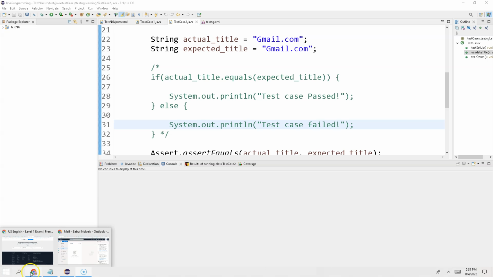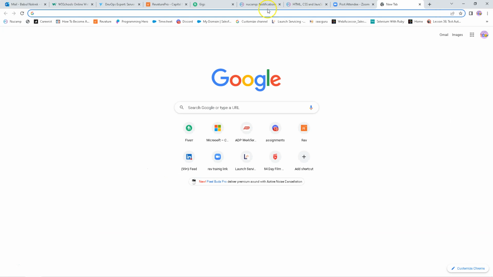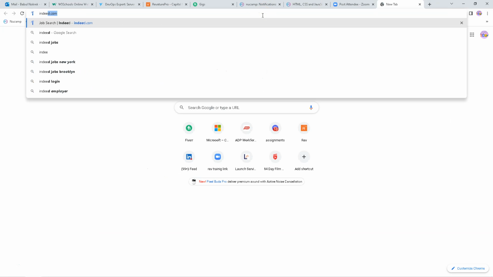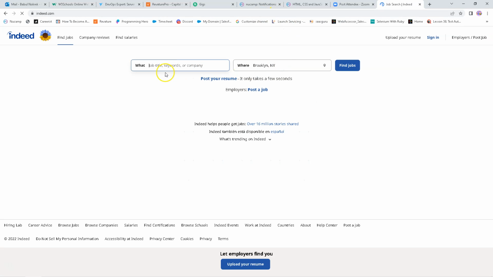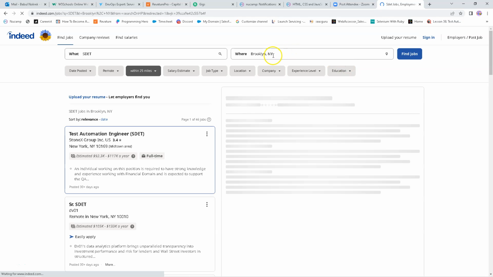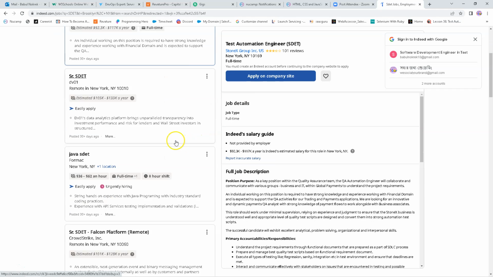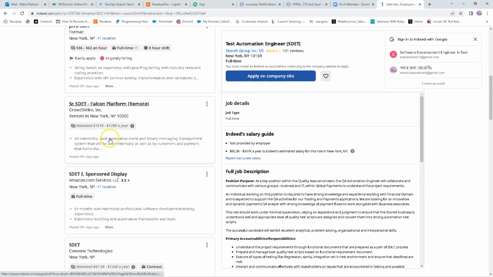If you go to Indeed.com, for example, and just type the job title, it can be SDET. SDET means Software Development Engineer in Test, and I want to find a job in Brooklyn, say for example in New York. Okay, and we will find a lot of SDET jobs here, and the minimum salary starts from